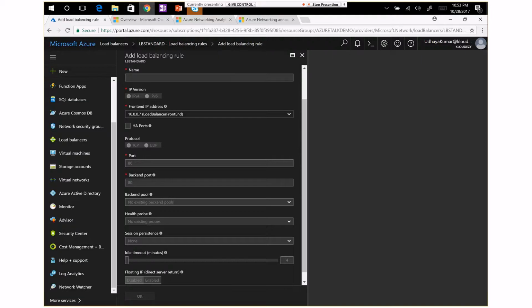Yeah, so NVAs generally have two NICs. One is public facing, and the other is private facing. You can configure the NVA's private facing NIC to the backend pool, because as soon as you add a backend pool, you have to select the particular NIC. That's where you select the internal NIC of the NVA device on the two firewalls, and you can do the load balancing. So you have one IP for all your workloads.